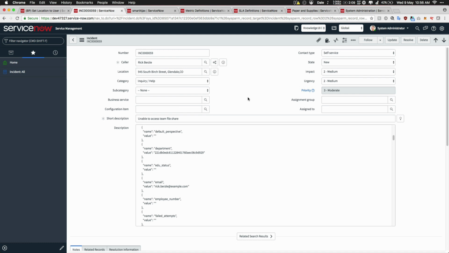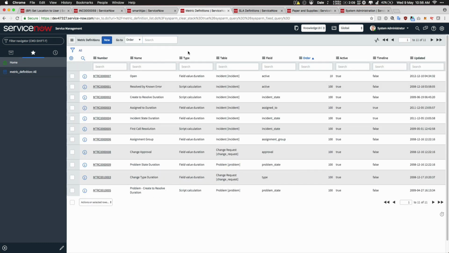So the next thing I wanted to look at was adding things to existing records within ServiceNow to make development and maintenance a bit easier going forward. So the demo I'm going to show you is how we reduced the amount of code we needed to use in scripted metric definitions by adding a condition builder to the form. So with metric definitions, they're used to measure performance in a more granular way than SLA definitions can. And they gather data as records such as tasks are updated. And you need to configure them to fire based on the condition, the criteria that the